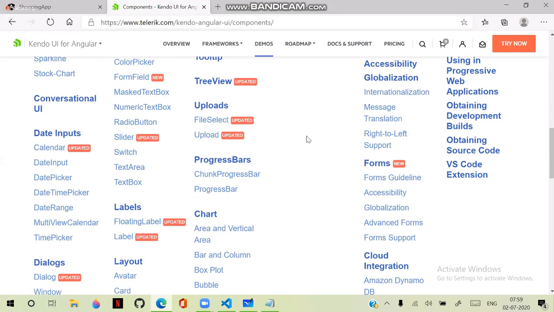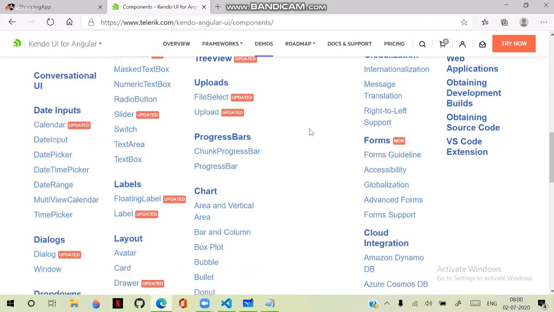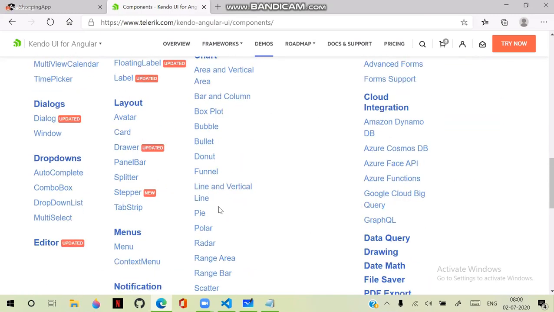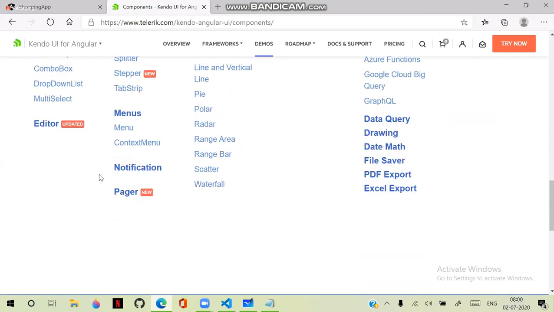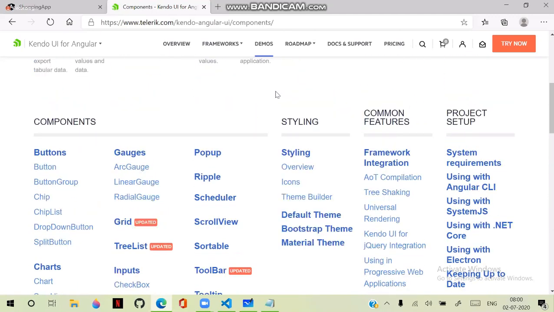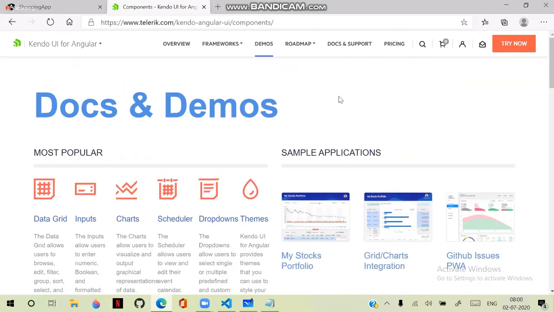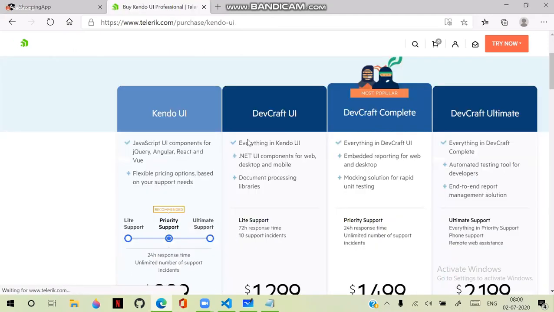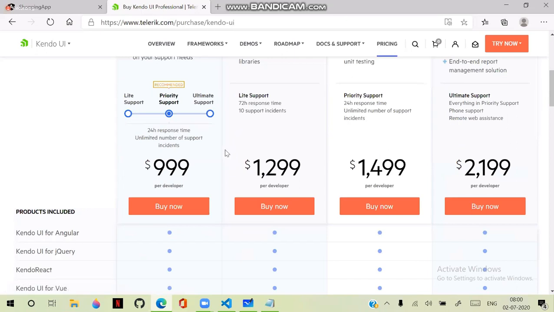That's the reason we need to depend on these third parties. You can see so many components they provide. You can search for the component you are looking for. And this is a paid source, it's not free. That means we need to buy this library. And companies buy these libraries because what we have freely